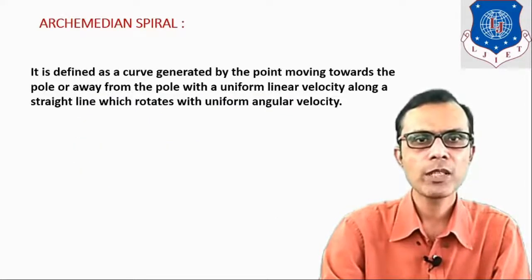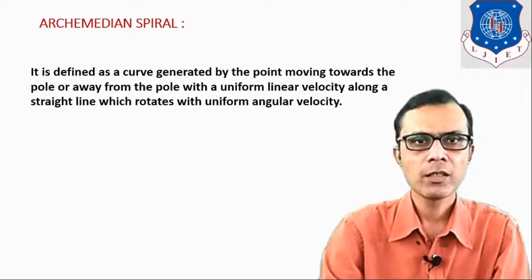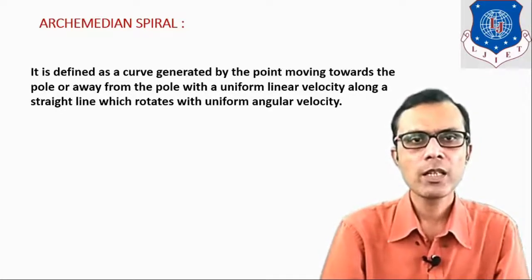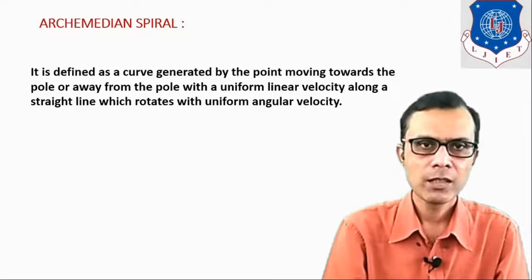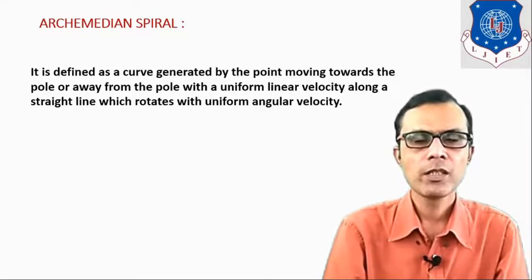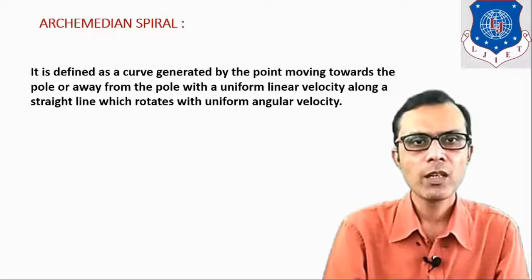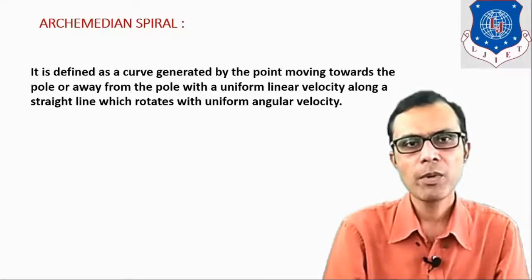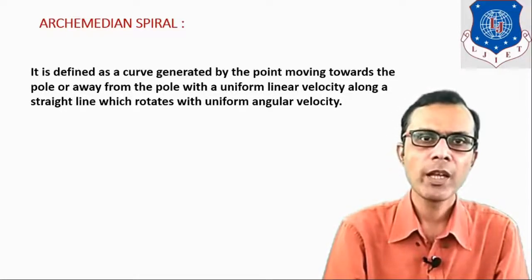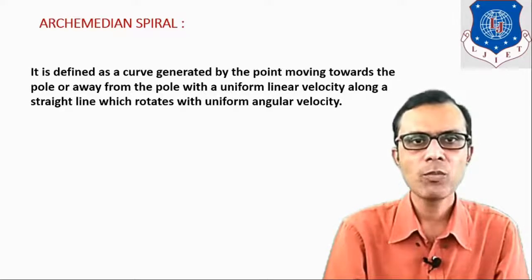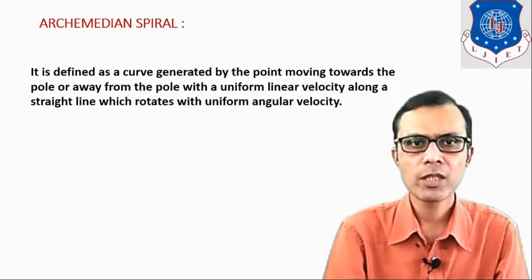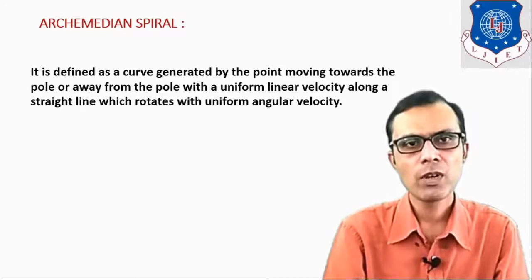Today we are going to discuss Archimedean spiral. So first of all, let us define Archimedean spiral. It is defined as a curve generated by the point moving along a straight line which is rotating with uniform angular velocity. The point is moving with uniform linear velocity and it may be moving towards the pole or